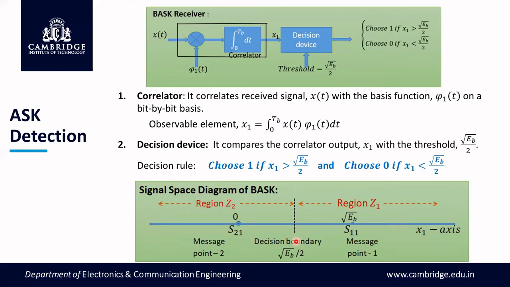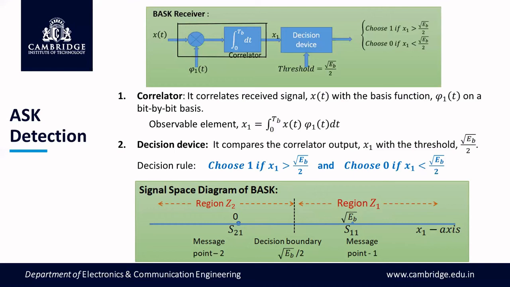So according to this boundary, the entire signal space is divided into two regions, which I assumed myself as Z1 and Z2. If symbol 0 is transmitted and the received point falls in region Z1, then it is declared erroneous. That's why I've chosen the limit as root Eb by 2 to infinity, the collection of points falling in the region after this decision boundary. Similarly, for region Z2, we calculate the probability by integrating the function. And I've given the condition also.